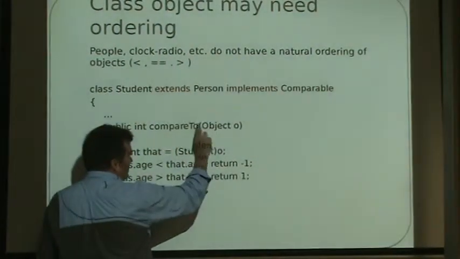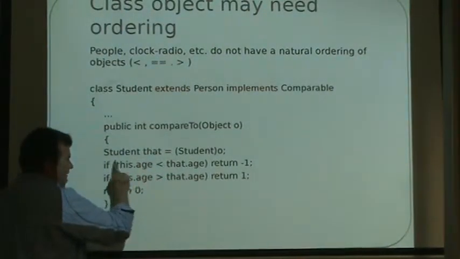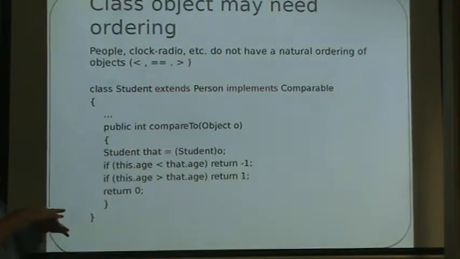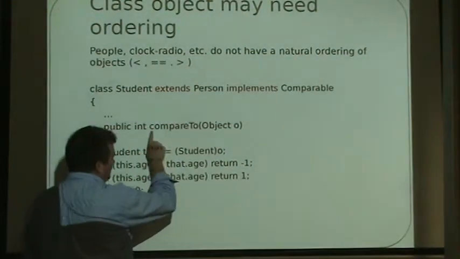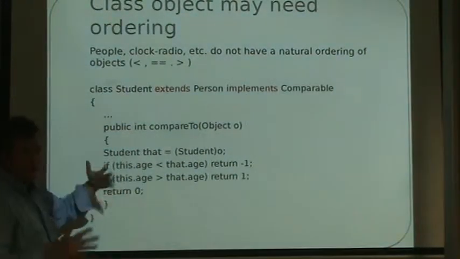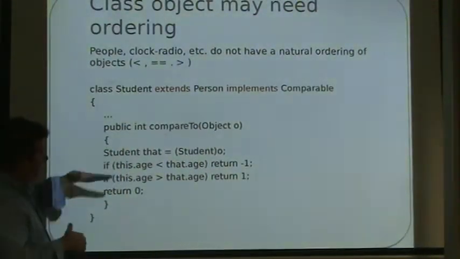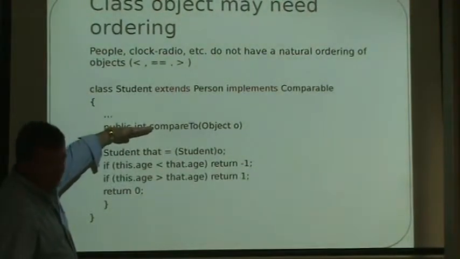We'd have to say operator equals, and then you define what it means to be equal. So if the two ages are equal, then we would return true, otherwise we would return false. Then we'd create another method called operator less than or greater than, and define what it means to be less than. So now, in C++, once you had what we're calling operator overloading,